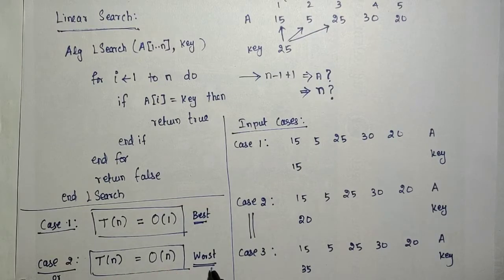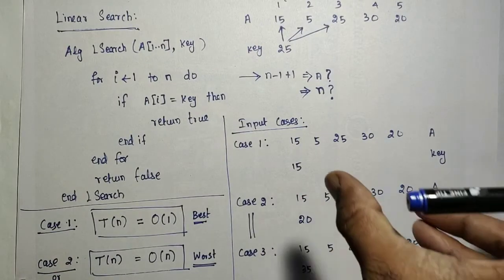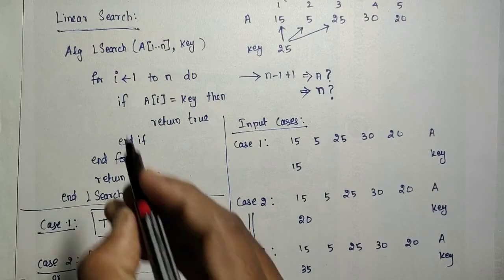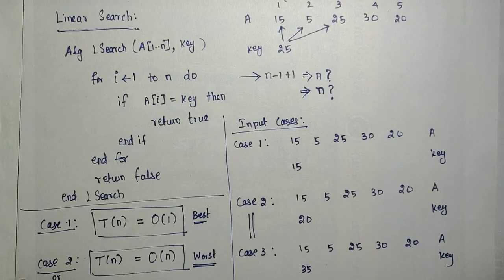Always we need to consider the worst case complexity. Some algorithms may consider the average case input, but analyzing the average case is somewhat difficult. We need to include the probability method. What is the probability of this kind of input? That is the average case. In linear search, the average case complexity is also proved to be O of n only. It is nearly the worst case complexity, and the average case complexity is also O of n.